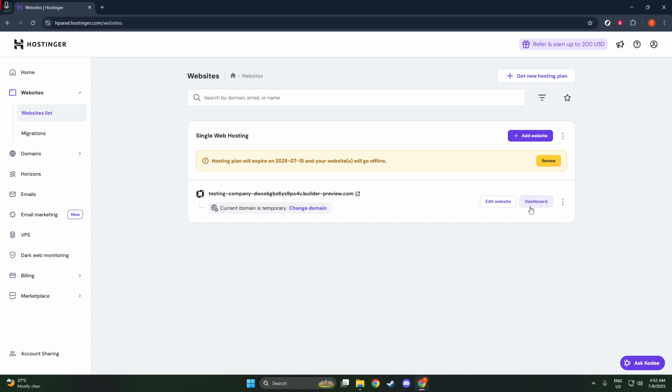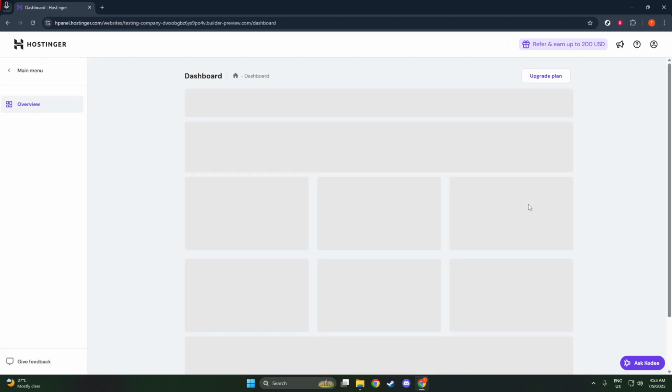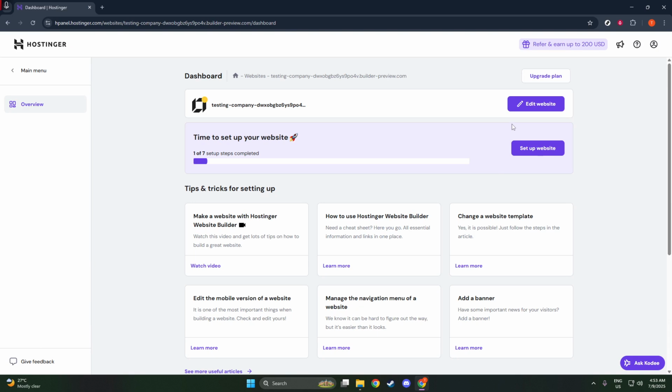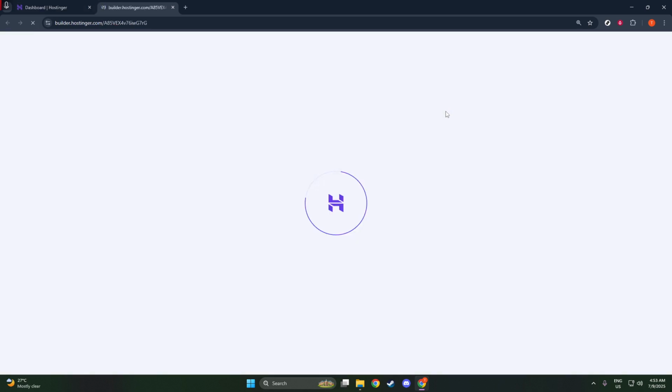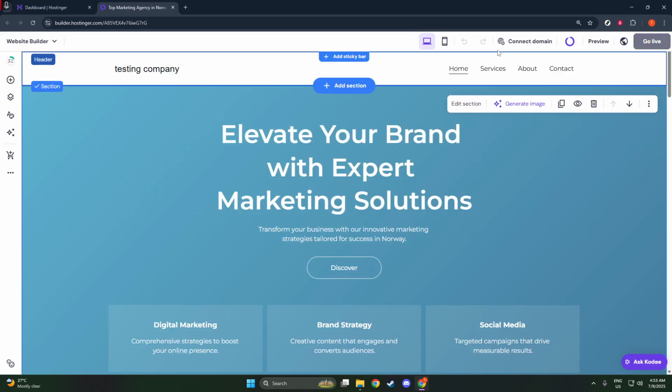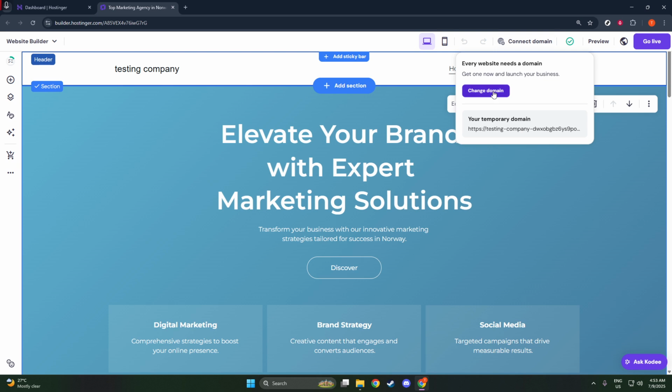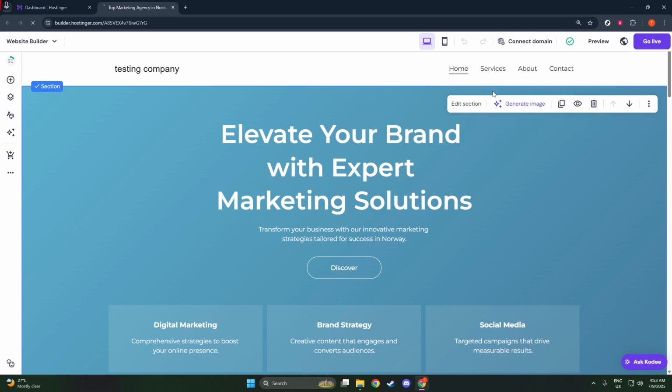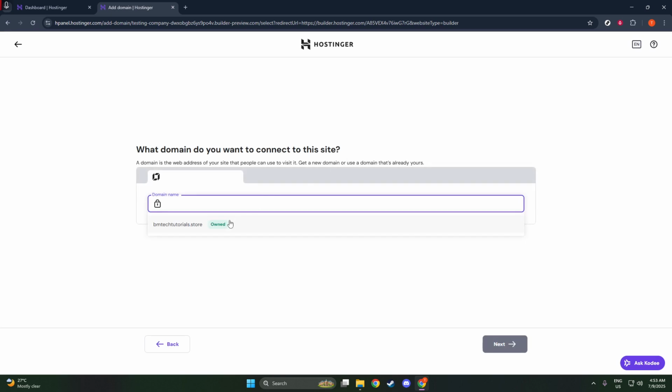Hover over your particular site, and you'll notice the option to Connect Domain popping up. If you're not connecting a domain for the first time, but rather switching domains, you'll see Change Domain instead. Click on the appropriate option, and this will lead you into the next part of our setup process. You'll need to type in your custom domain in the format of yourdomain.com, and then click Next. Make sure you've decided on a domain you're ready to use, because this will be the face of your site